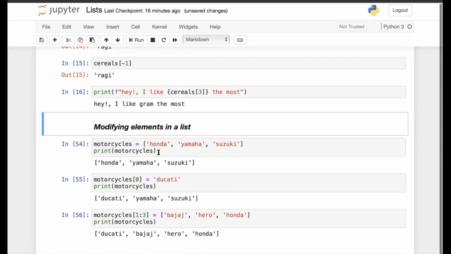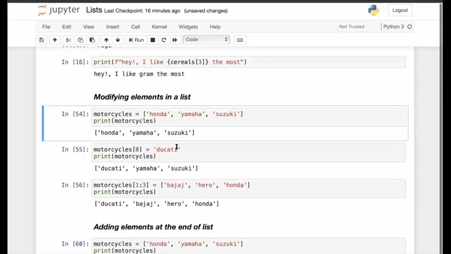Since I discussed that lists are mutable, we can modify or change the elements of the list. In this example, I define a list of motorcycle brands: Honda, Yamaha, Suzuki. I print this list, and it gets printed. Then I try to modify the first element of this list.